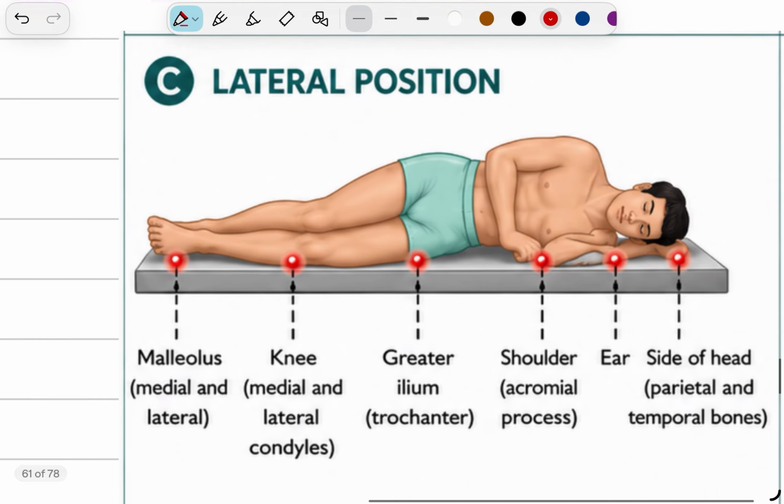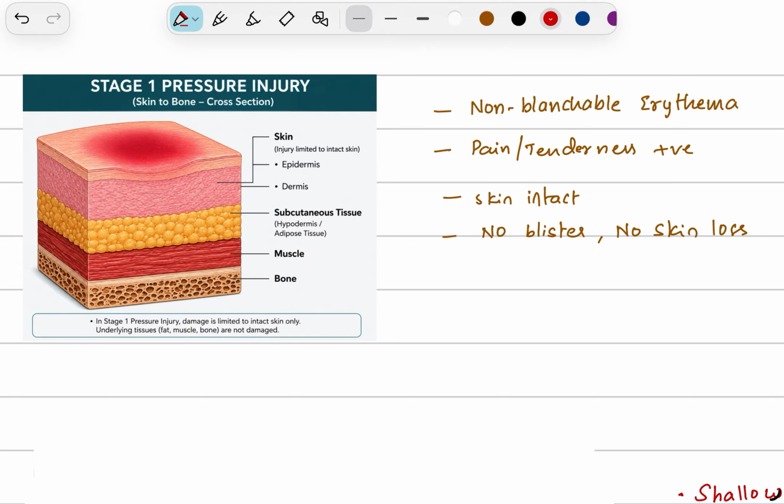Nice. Next we'll get into the stages. Now in the stages, what we have to see is, what are the stages of the pressure ulcer? Simple, I will tell you first. Stage 1, no layers get injured. Okay, only the top layer gets non-blanchable and also reddened. If it is reddened and non-blanchable, then it is the first stage.